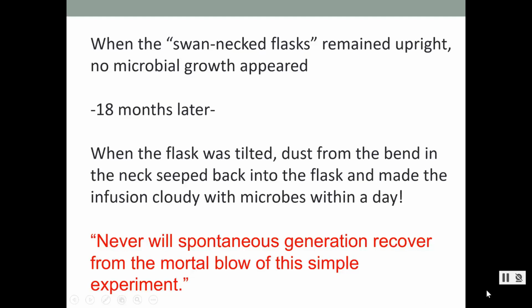I think this is kind of funny. It just shows what happens when you design a good experiment and answer all the questions: then it stands, and your data stands. And so this is another reason why Pasteur's experiment, this particular one, remains valid today. We have not gotten any new data that has contradicted what he did. And that, again, was the design of a good experiment.